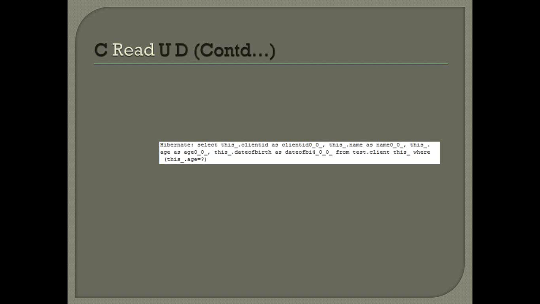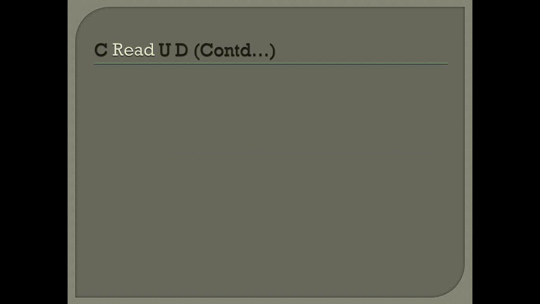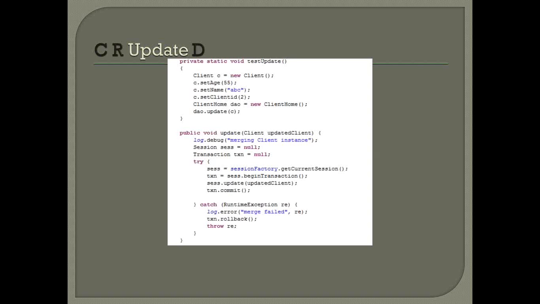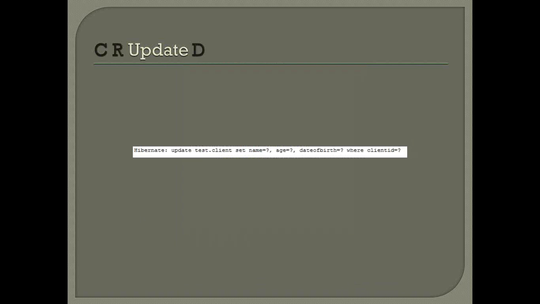Right. So these are a few types of search and select statements which you can use in Hibernate. Updates. Very straightforward update. I mean, we can get into complexities like concurrency, but at a very basic level, if you want to update a client, what you have to do is create a client object, set the modified parameters, set the primary key, and just call a session.update with your POJO,